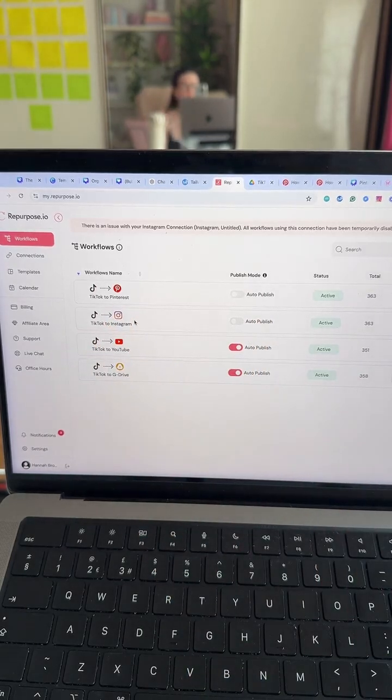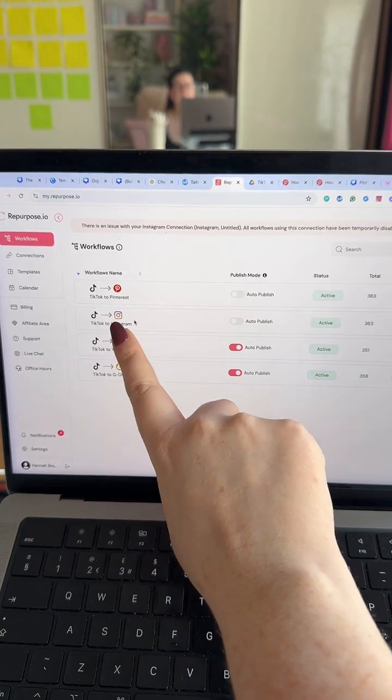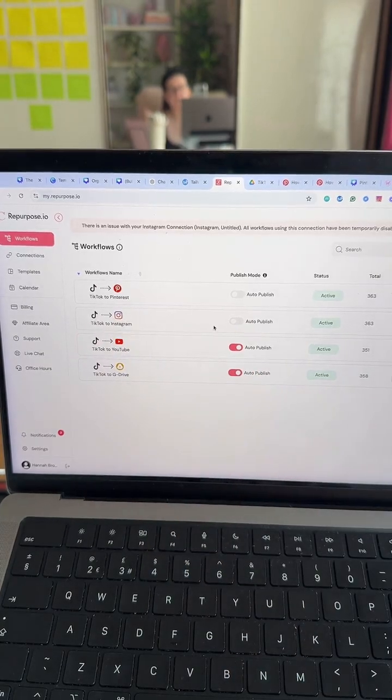Some of you will probably have already seen that if you've tried to do that, your Instagram Reels probably don't do as well on TikTok. But putting your TikTok over on Instagram automatically, so you would basically just hit this button here and go auto publish, means that the same caption will go onto Instagram and it's all done for you.